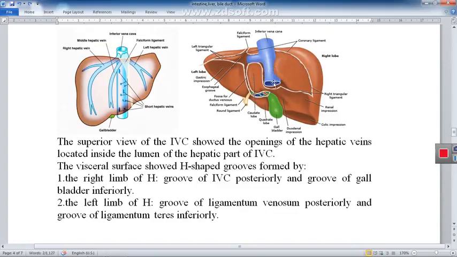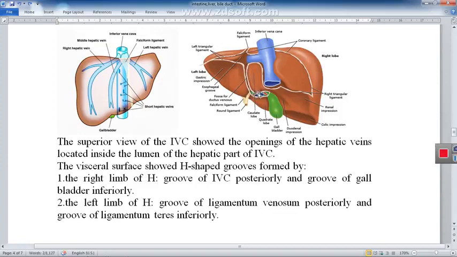We call this posterior and inferior surface the visceral surface, that is an irregular surface, because it shows impressions for many viscera, and I think the impressions are clear. This is the impression for the stomach, impression for the esophagus, impression for the duodenum, for the colon, for the kidney. And you can see on this surface, the posterior inferior surface, an H-shaped groove formed of right limb, left limb,